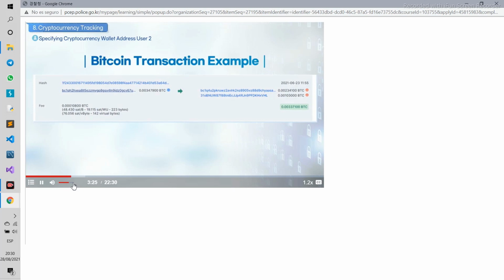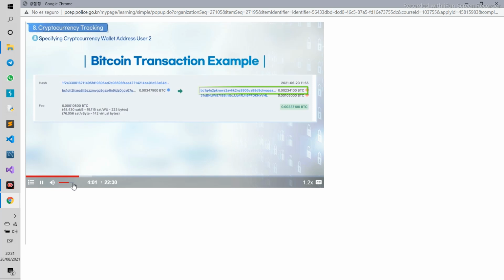When we look at this data, number 1 is the transaction ID, TXID, which is the unique ID of the transaction. Number 2 is the address of the sender of the Bitcoin in this transaction, and the amount that was sent. And numbers 3 and 4 are the address of the recipient of the Bitcoin in this transaction and the amount received. To simplify this data, the Bitcoin address of sent